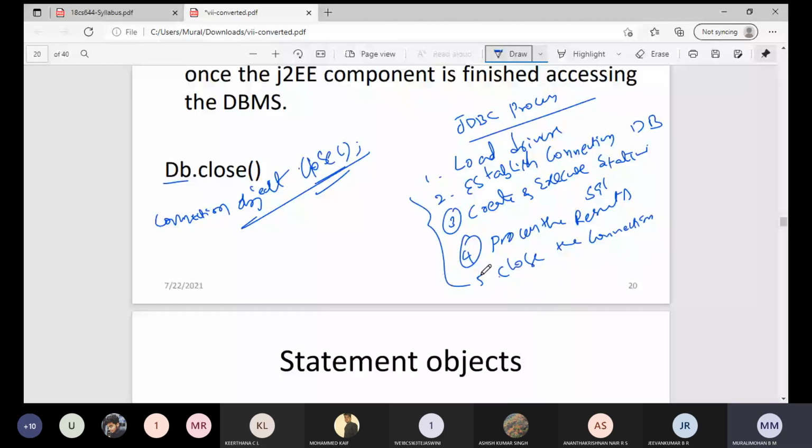To load the drivers, we use Class.forName. For establishing the connection, we use the DriverManager.getConnection method.